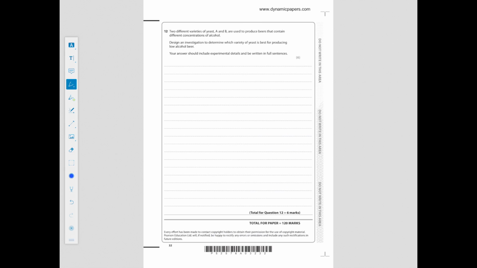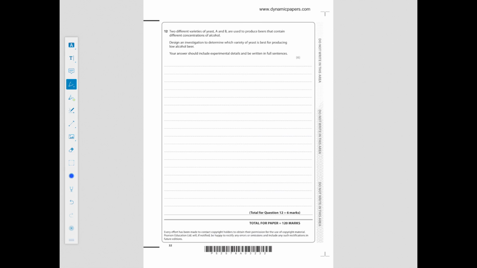And it's the final question. So 2 different varieties of yeast, A and B, are used to produce beers that contain different concentrations of alcohol. Design an investigation to determine which variety of yeast is best for producing low alcohol beer. Your answer should include experimental details and be written in full sentences. Right, we love these questions. Of course, it's so straightforward as long as you follow this technique. And don't forget that my revision guide again has all these hints and tips to help you score full marks